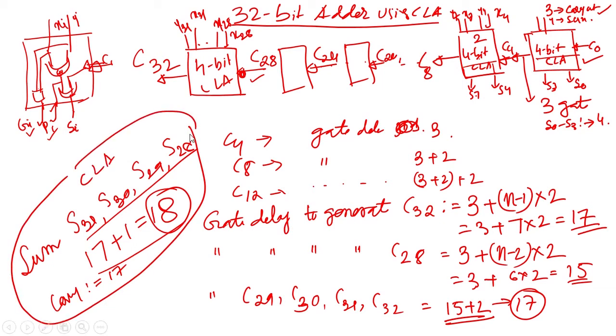If you use 8 CLA, 4 bit CLA. Now, if you use ripple of full adder, that is the 1 bit full adder circuit, an earlier concept, then it will be 32 into 2, that is 64 and 63. So, therefore,